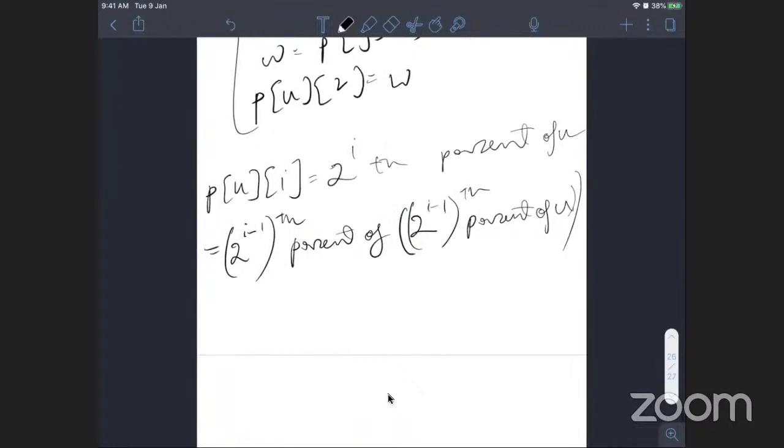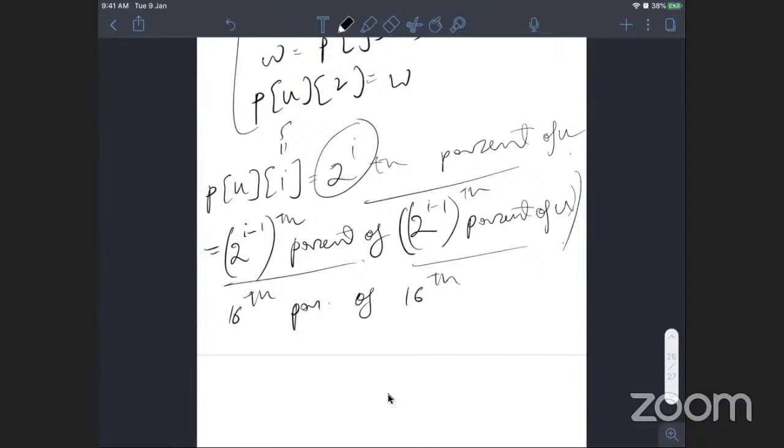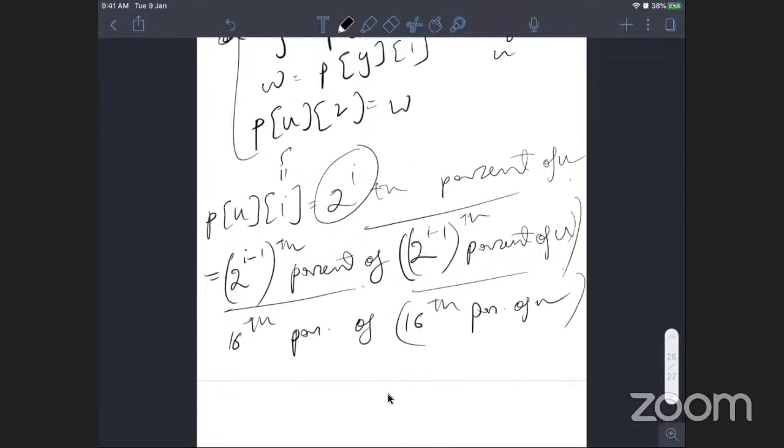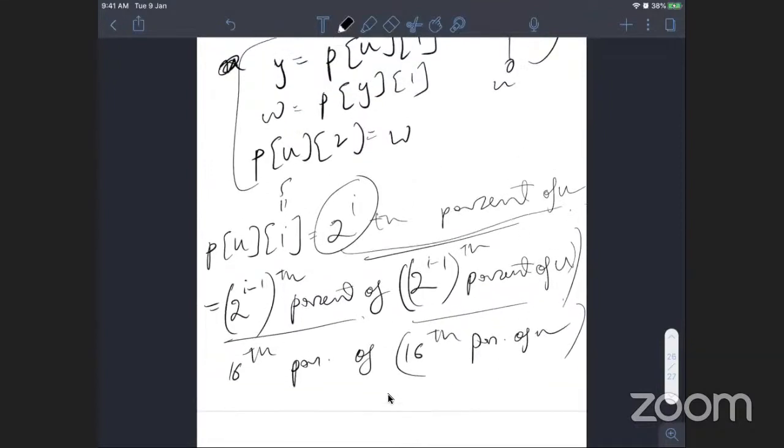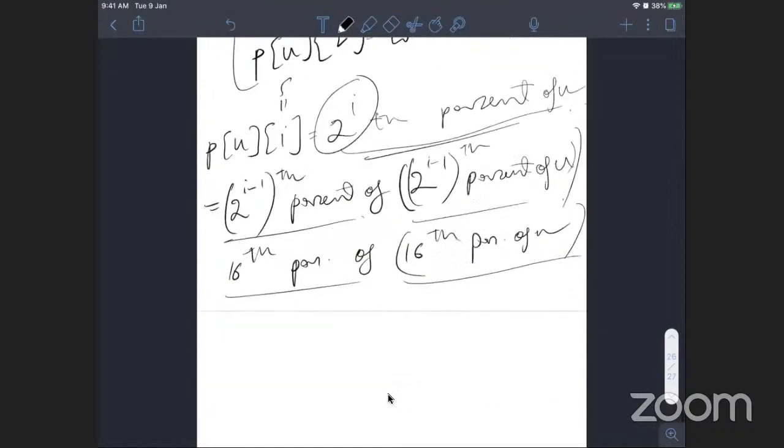Let's say I is 5. So 32nd parent of U is basically 16th parent of 16th parent of U. Everyone understands this now, which can be written as